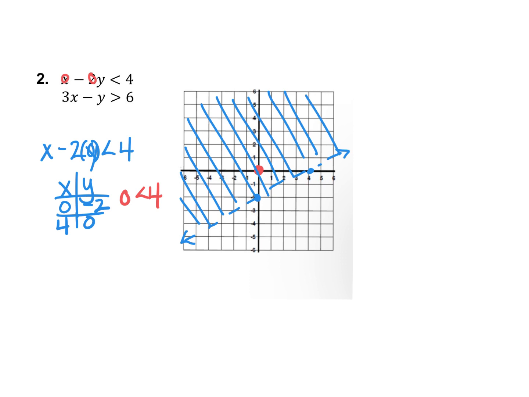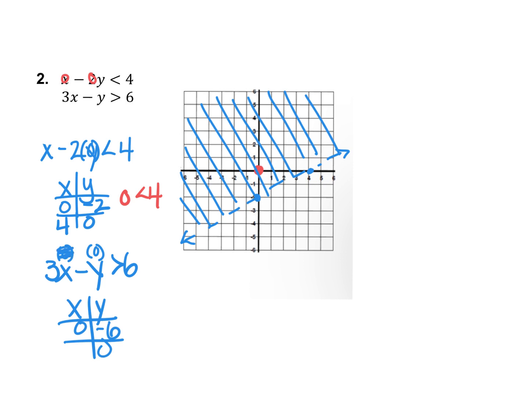So now we're going to have 3x minus y is greater than 6. And again, we'll solve this by finding the intercepts. So we plug in the 0, and then we have negative y is greater than 6. And now we're not going to be switching the symbol or sign at all here, because we'll be shading to find out which direction. We just know that we're going to have negative 6 for our y then,